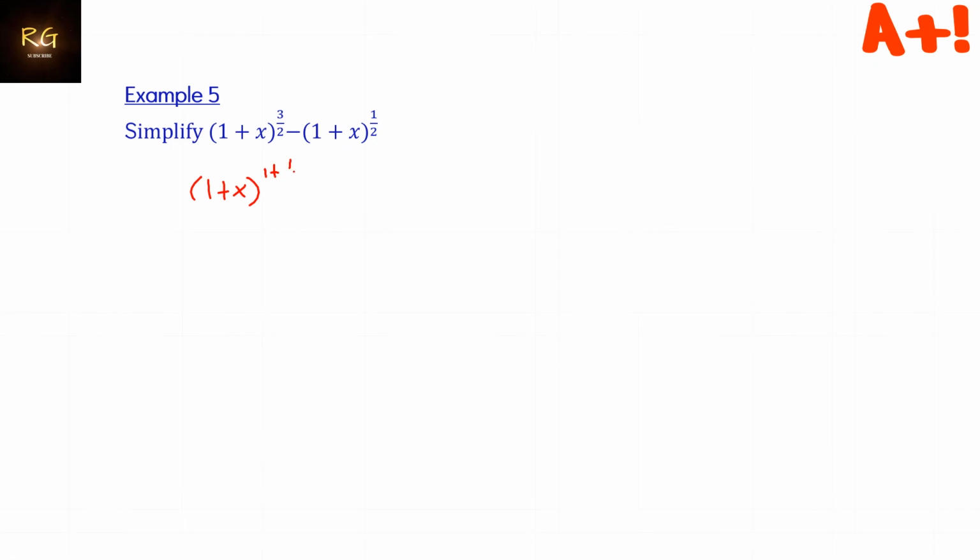1 plus 1 over 2, why? 1 plus 1 over 2 is 3 over 2, correct? So minus (1 plus x) to the power of 1 over 2. Here, let me rewrite this part first: (1 plus x) to the power of 1 plus 1 over 2. If I let 1 plus x equal to a, so it's going to give me a to the power of 1 plus 1 over 2. Correct. So according to rule 1 that I explained earlier, if we try to do reverse calculation,